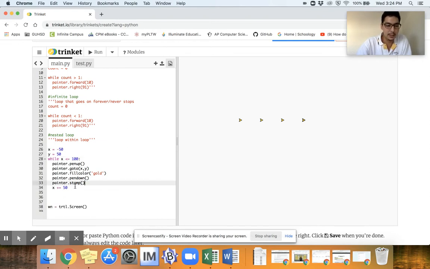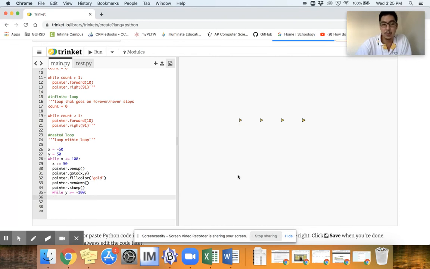and see, this is the confusing part. I want to make sure I don't forget this. So I'm actually going to put this at the top, like that, by 50 up there. And then we're going to have our nested loop within it. Well, notice the while loop is an indent within this while loop. That's why it's nested. Now, while the y value is greater than or equal to negative 50, so let's say, well, it's greater than negative 100,